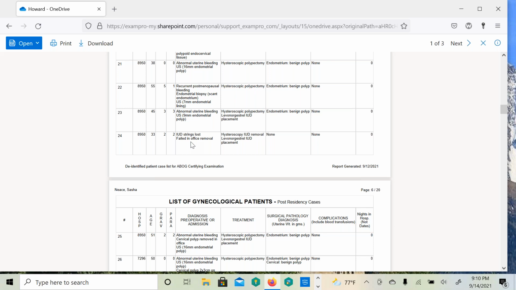I would tell her that it looks like the IUD has migrated or perforated and is no longer in the endometrial canal. So I would think that it would be futile to move forward with any type of in-office removal. And then I would discuss with her a diagnostic laparoscopy as well as the removal of the IUD. Typically in our institution, we try to have general surgery on standby as well, just in case, on the off chance that it could be embedded in an area that we don't feel comfortable operating.